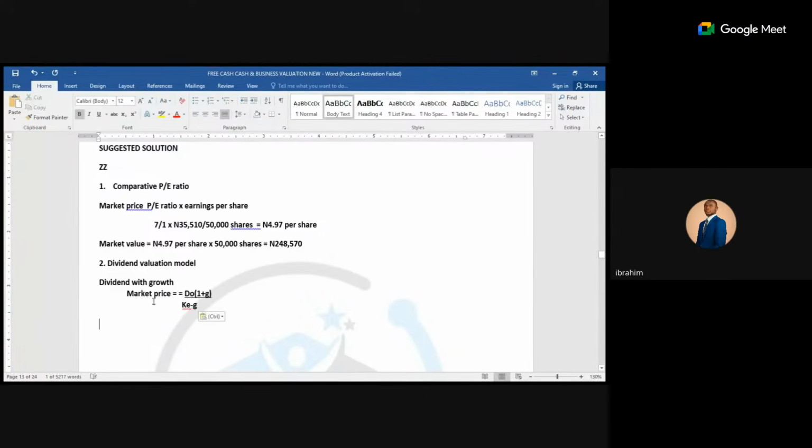So we have this to be our formula for calculating the market price: the cost of equity minus the growth rate given to us in the question. Class, don't forget that sometimes the growth rate may not be given to you, and you may be given some elements that we use. We have two methods of getting our growth: using extrapolation, or using the Gordon's growth model, right? I think one of the pilot questions, maybe pilot question 1 or 2, you will see one of the compulsory questions there,